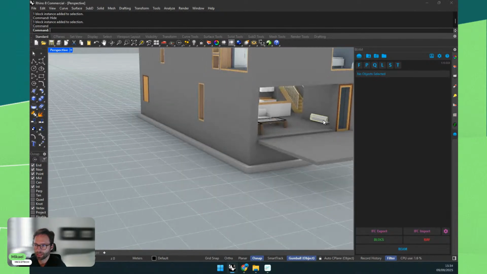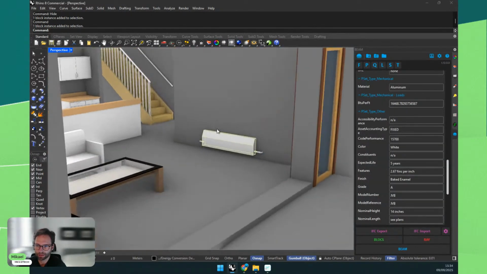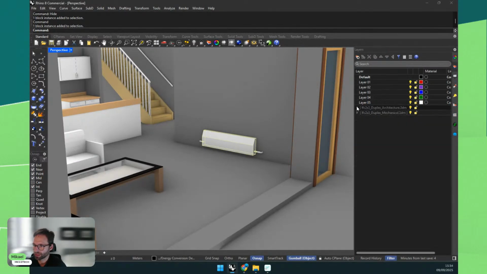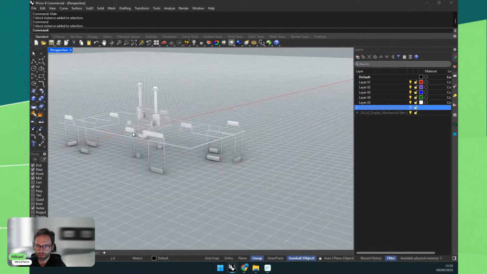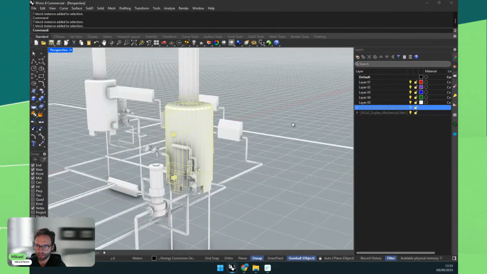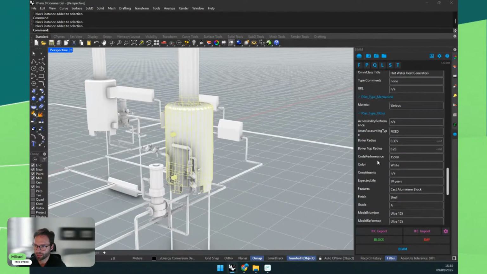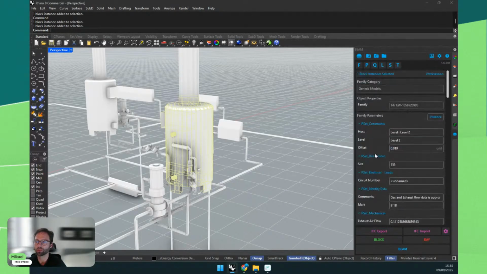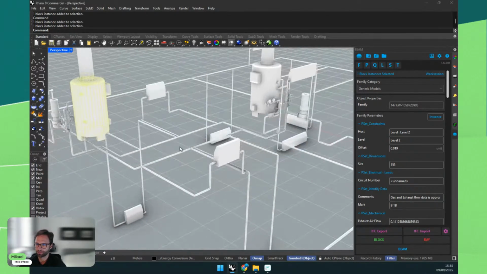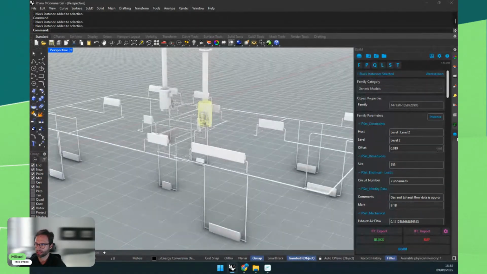Now I have my mechanical also added to my file, and this is part of another work session file. Okay, so I can turn it off or just turn on the MEP, and as I click them, I have access to all the properties, okay, that were included in that IFC. So I can use them in my file as a reference. Okay, so that's really easy and straightforward.